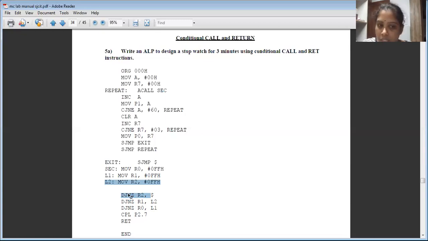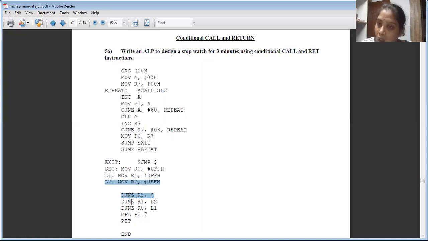As we have loaded R2 with 255, it keeps repeating the same instruction, decrementing. Once it counts down from 255 to 0, it comes out of this loop. Next instruction is DJNZ R1, L2.